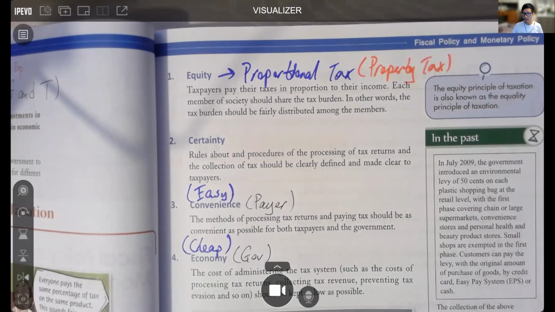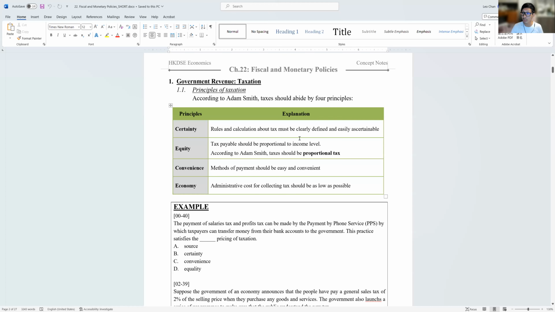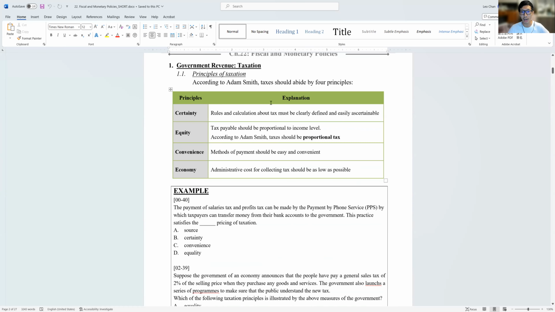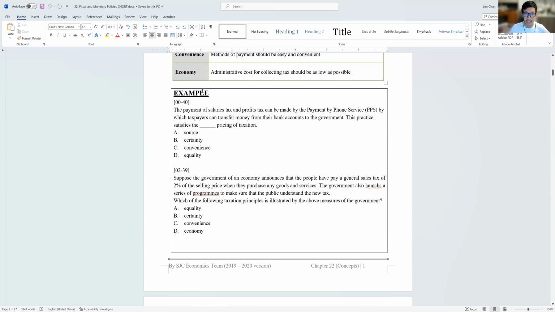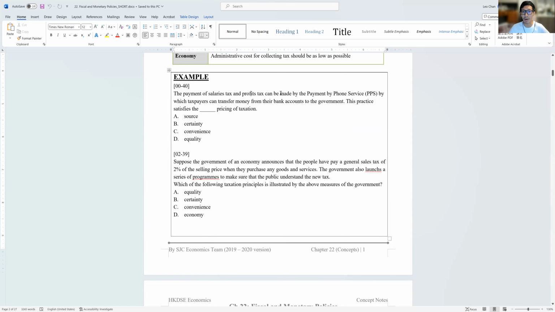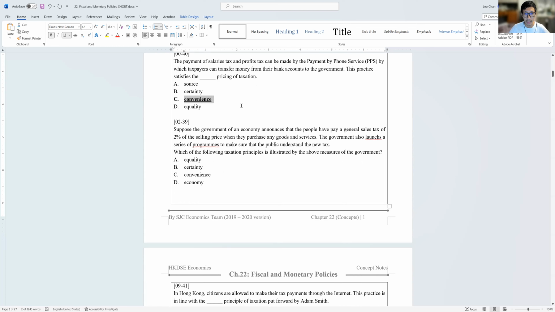OK, now with that said, now let's very briefly look at some past paper examples, OK? For those from X3, you should already have these notes I've uploaded on Google Classroom, OK? So let's go to page 1。嗱，唔講啦，自己睇啦，好嘛？Now here, let's see, right? Example. The first example, the payment of salary tax and profit tax can be made by PPS, 係嘛？呢個都 out 晒 date 啦。我而家唔知有冇 PPS 啊，係嘛？By which taxpayers can transfer money from their bank account to the government, right? This practice satisfy。哇，好啦，可以攞 PPS 嚟到俾，唔使自己衝過去俾喎。呢個係咩 principle 啊？This one, of course, would be the convenience 係咪啊？好方便啊，撳個掣交咗稅啦。